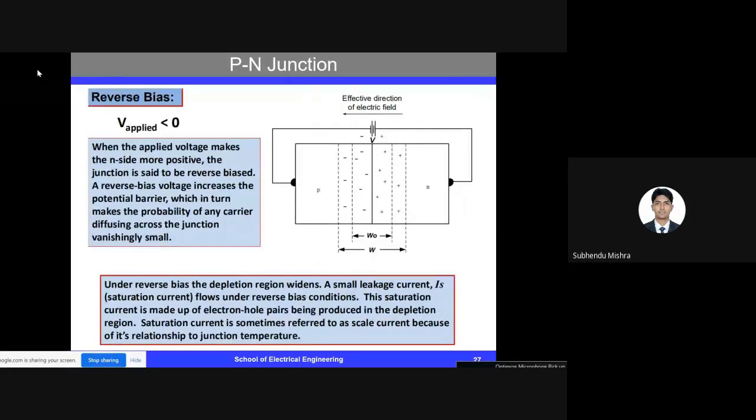And again, for the reverse bias, when you apply the reverse bias, this particular width actually increases further, and during reverse bias condition, a small leakage current or the saturation current flows. But when the reverse voltage is too high, we get what we call the breakdown voltage, where the covalent bonds themselves break, and there is a breakdown avalanche current, and because of that, the diode can be destroyed. So there is a limit to which the reverse bias can be applied.